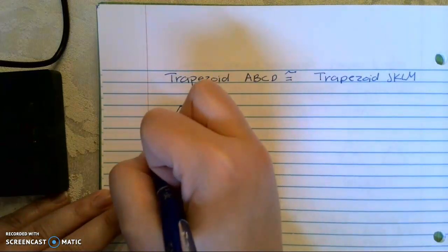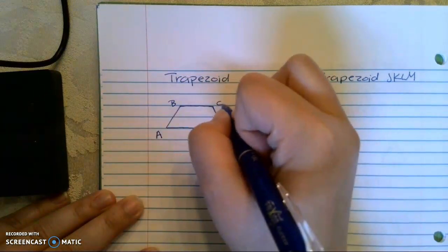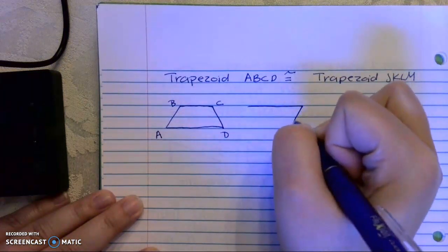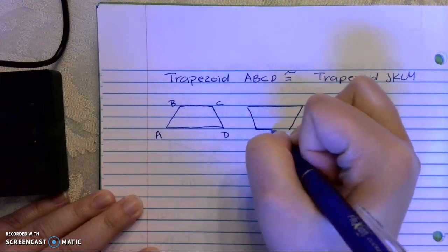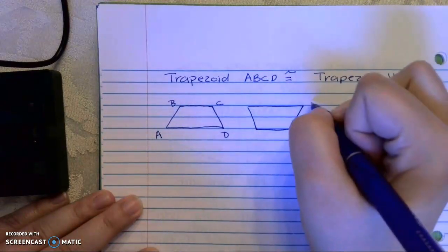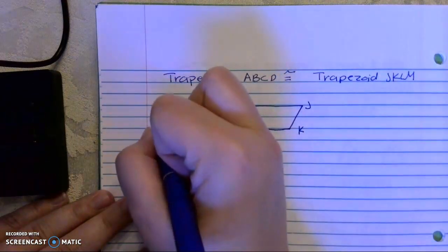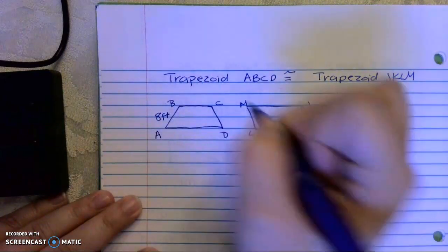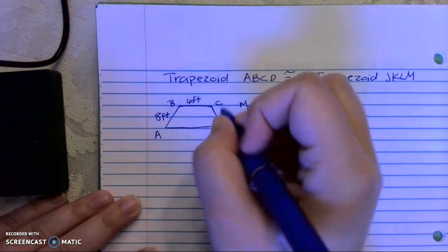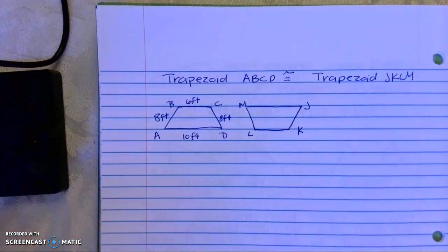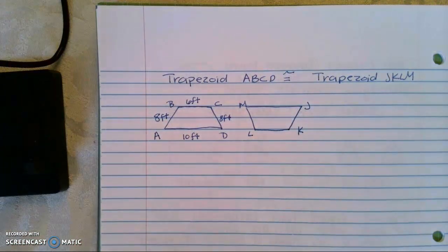This is ABCD. And then I'm going to draw JKLM. Notice how JKLM has been flipped. And I know a couple things about ABCD. I know this side's 8 foot, this one's 6 foot, this one's 8, this one down here at the bottom is 10 foot. Okay? Since I know the trapezoid ABCD is congruent to trapezoid JKLM, I know